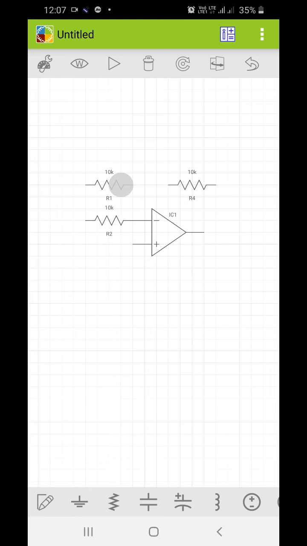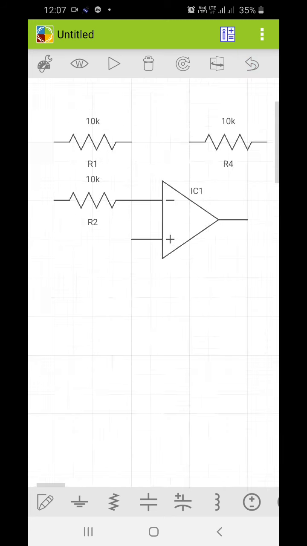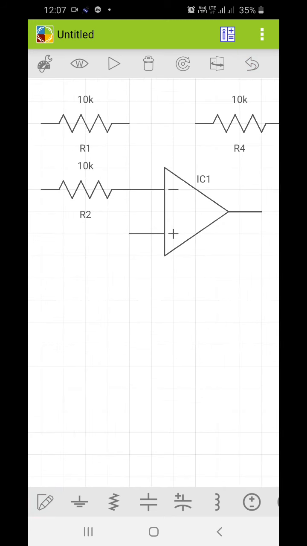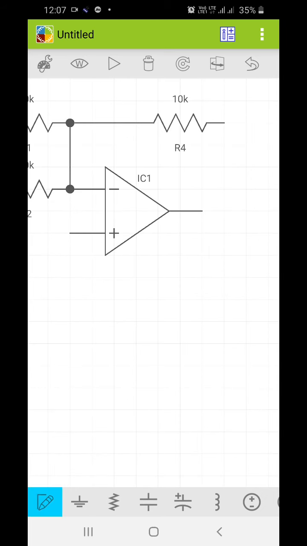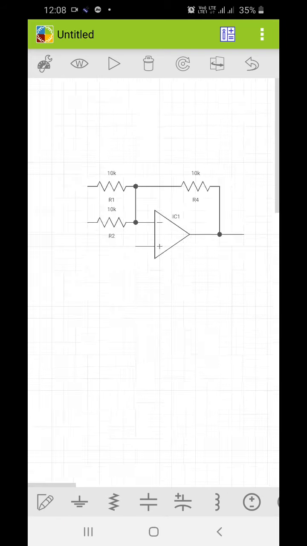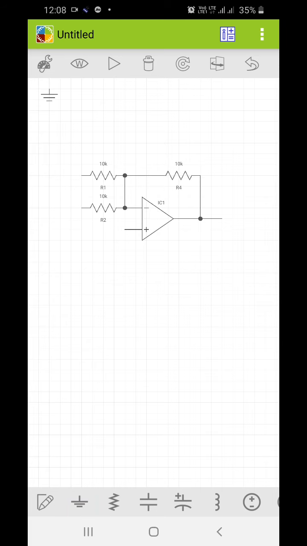So first you can zoom and then connect. This is the feedback resistor. I will ground the non-inverting terminal.